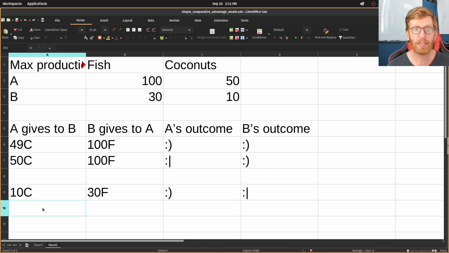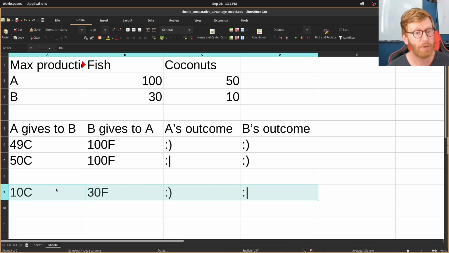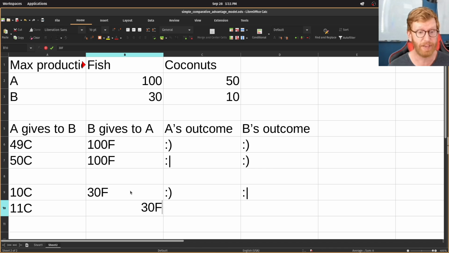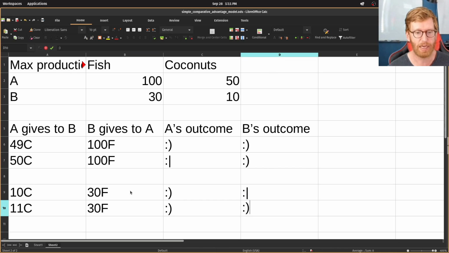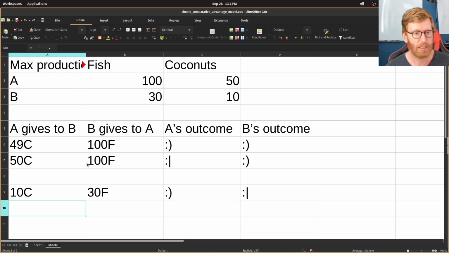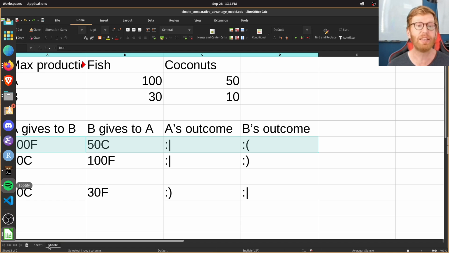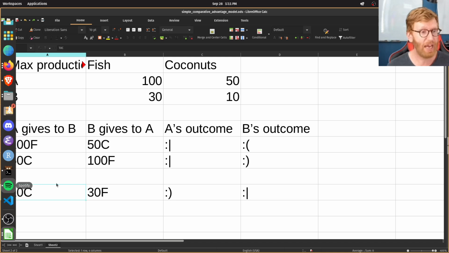We could also change this so that the other side is going to be happier, right? So we could take this one, and we just need to sweeten the deal for B just a little bit. So we could say A gives an extra coconut for these 30 fish. And in that case, both sides are happy. And of course, we could go the other way and take our bad trades and find one where both are unhappy, but there's not really any money in finding lose-lose situations. We want to find the win-win situation, and we did that here. So given that, we can come back,